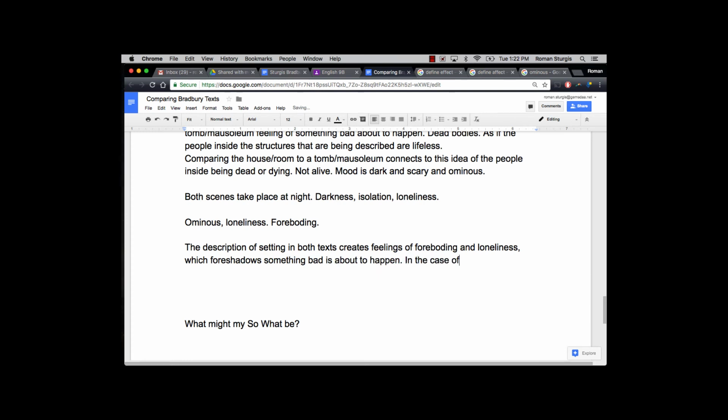In the case of Leonard Mead and The Pedestrian, he will be arrested. For Guy Montag in Fahrenheit 451,